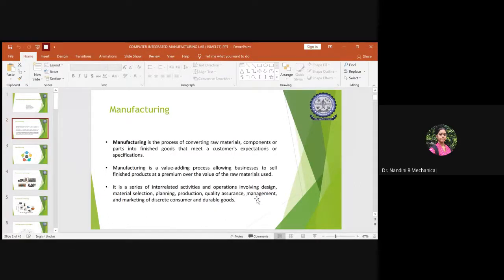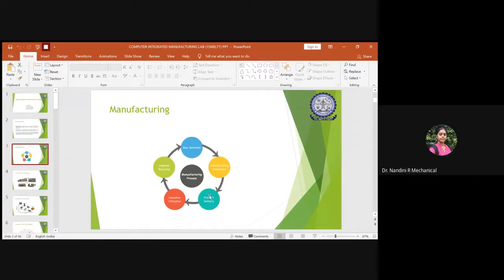And I told you already, it involves a series of operations right from the design, material selection, planning, everything which has been mentioned. Looking at this diagram, you can have a pictorial view of how it is a cyclic process. Without one segment, you cannot complete the entire manufacturing process. It results in delay. If you have everything in hand to do and the raw materials which are needed are not in existence, then you have to wait until you get the proper raw materials to start, right? And if you have everything and you don't know the customer expectations, you haven't done the survey at all, without that you cannot do proper planning and design.